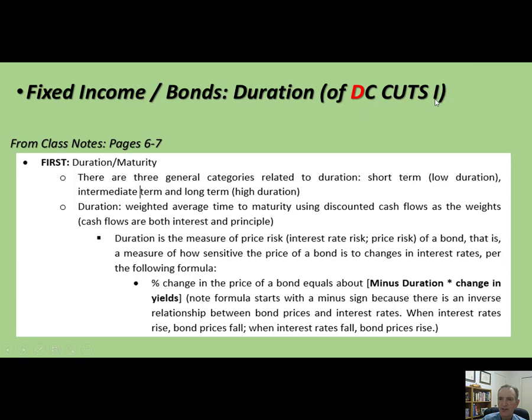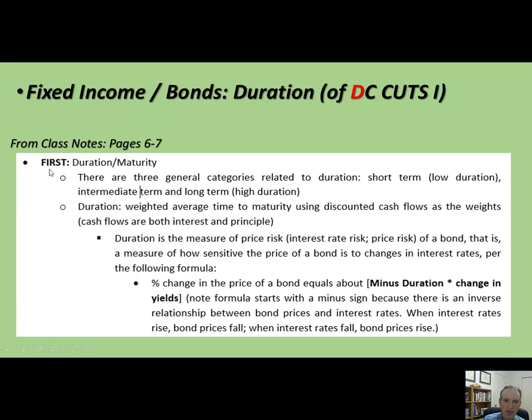And I for inflation. Permanently memorize this list. It will help you tremendously. If a question comes up about bonds or fixed income in an interview, if you know this list, DC cuts I, you will give a better answer than 99% of undergraduate students. So it's a great thing to just keep. I'm trying to give you some quick ways to remember things that make you sound really impressive in interviews.